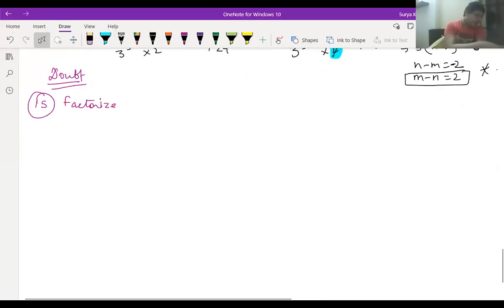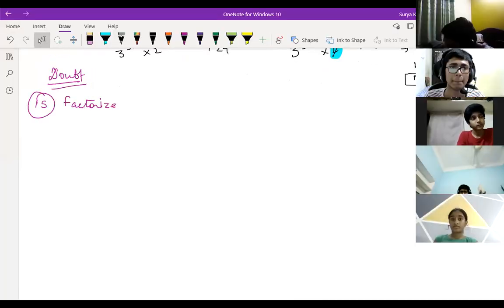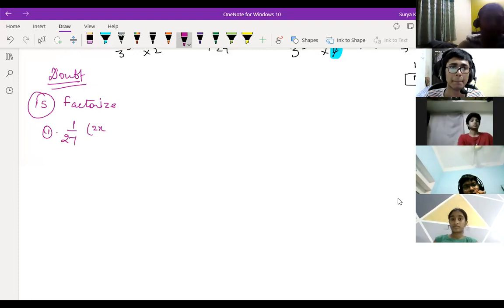Sir, fifth part I got it. I have doubts in the first four parts. First four parts. You know (a plus b) whole cube, right? Yes, sir. (a plus b) whole cube. So the first question should apply the formula (a plus b) whole cube. Once again, you try, just solve and tell me, okay? I'm just giving you a hint because I'm having a class at 9. Okay, sir.